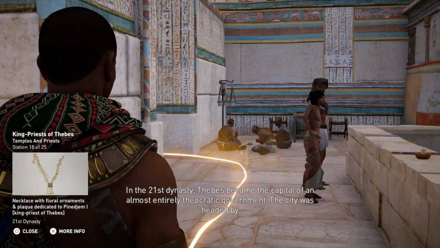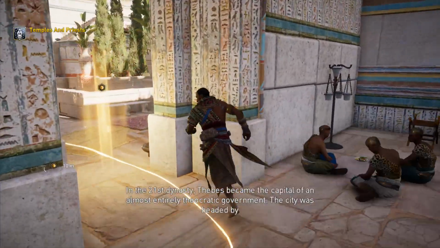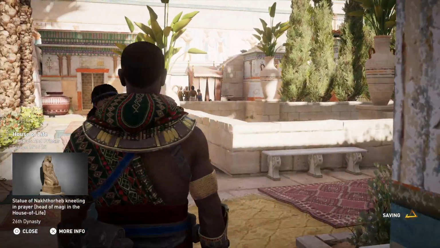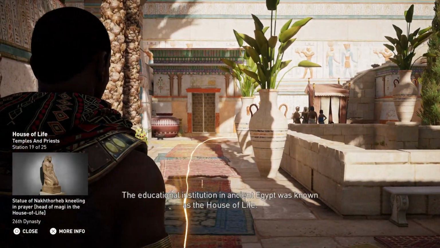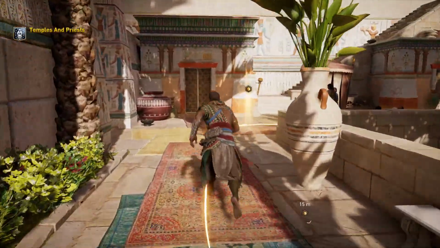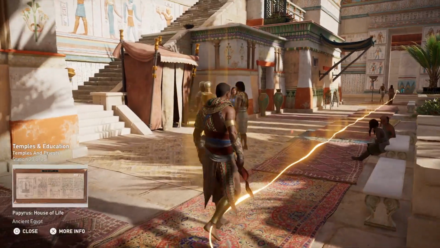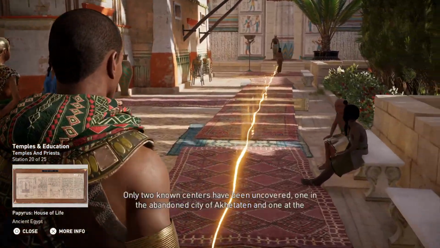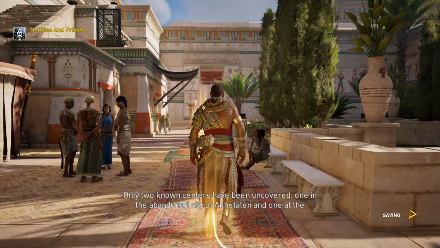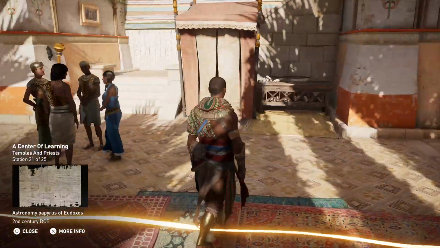In the dynasty, Thebes became the capital of an almost entirely theocratic government. The educational institution in ancient Egypt was known as the House of Life, attended by the offspring of the elite and the clergy. Only two known centers have been uncovered, one in the abandoned city of Akhetaten and one at...